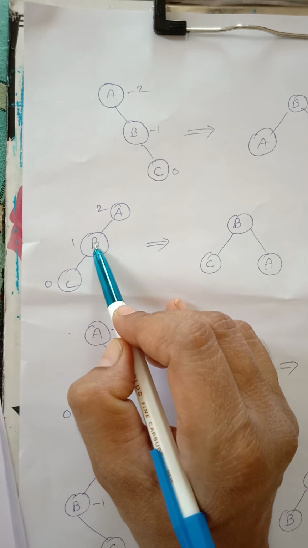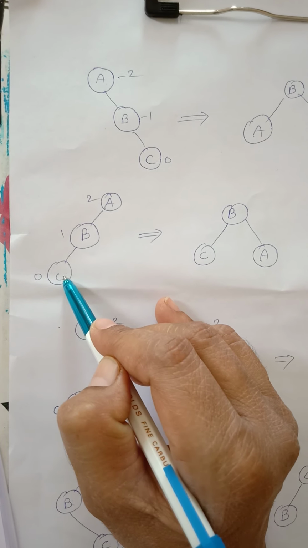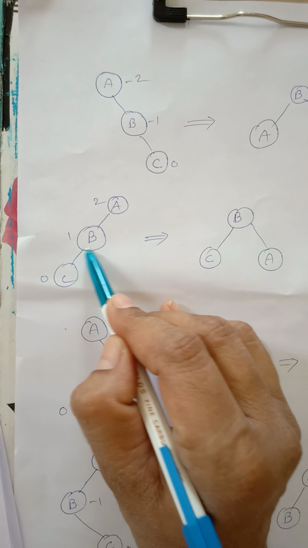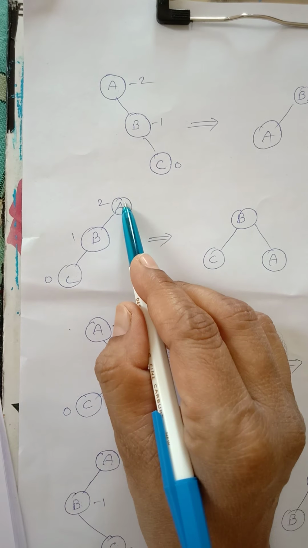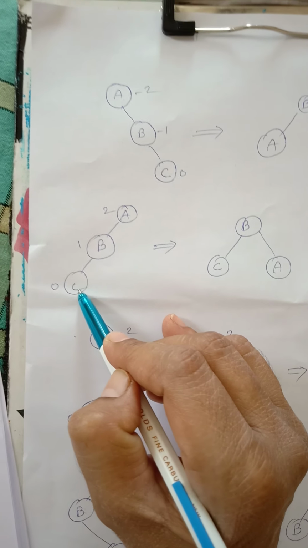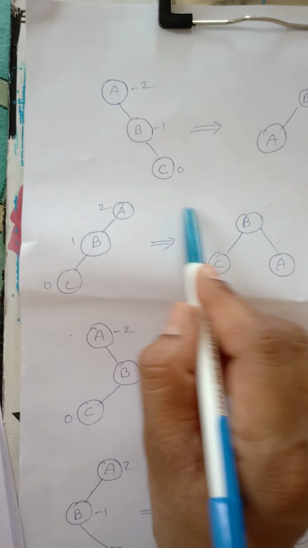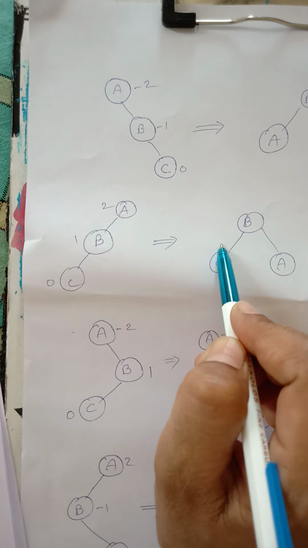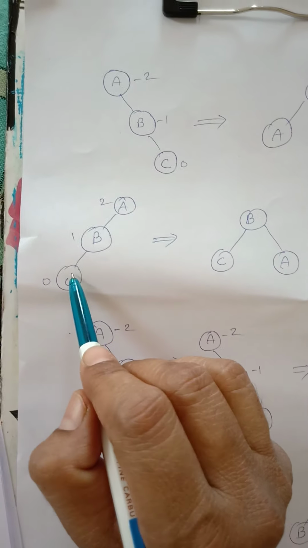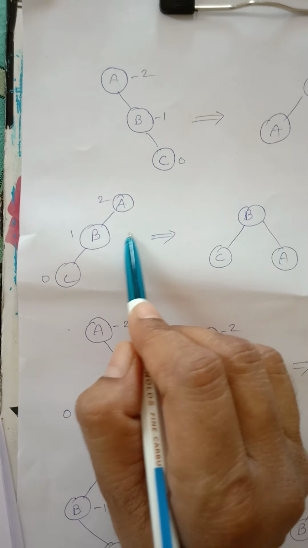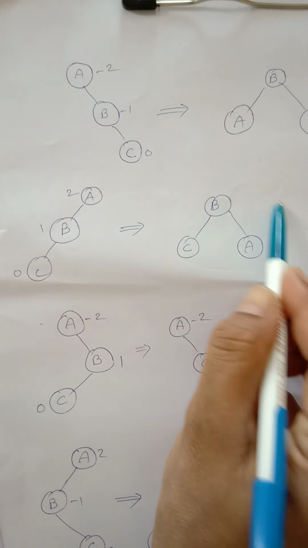If this key is greater than this key, then what is the meaning? This key is root of left, meaning this is in the left of the root and the newly inserted data is in its left. That's why you have performed only one operation, that is right rotation. That right rotation is mentioned as LL rotation, left of left. So after performing the LL rotation, this is the updated tree.